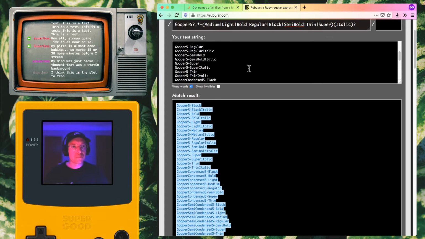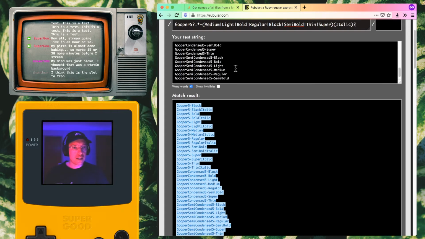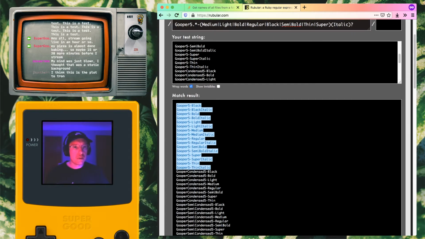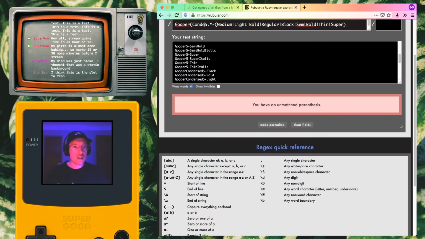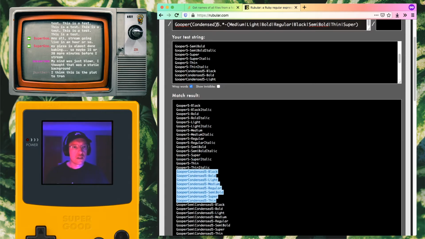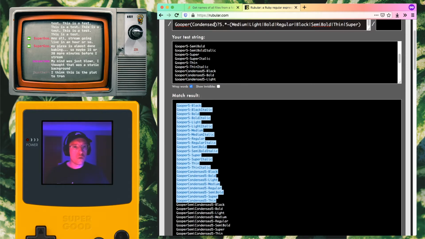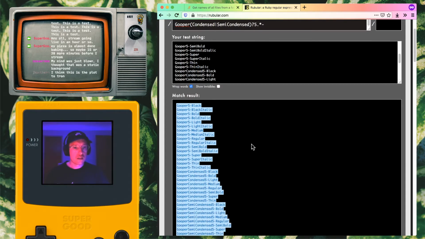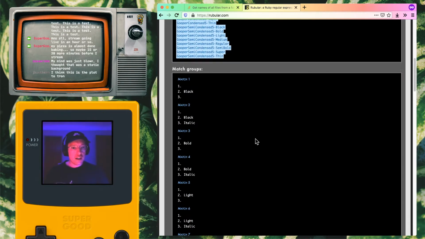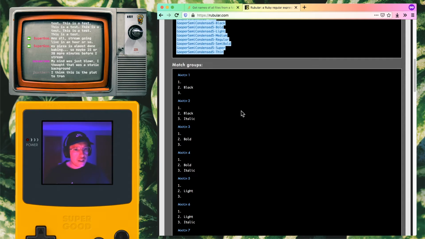And so the next thing is we want to capture this semi-condensed versus, oh, it's not an optional 5, it's always there. We have an optional condensed or semi-condensed. Okay, so that generates each one of these,